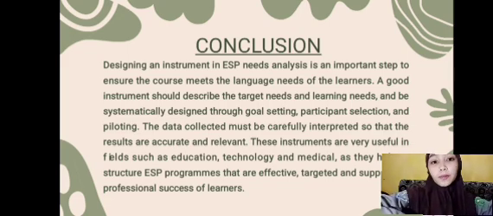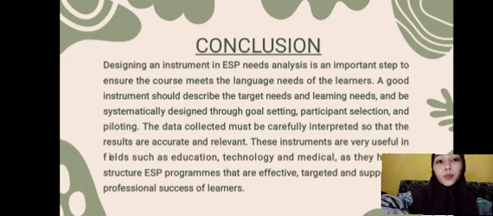The data collected must be carefully interpreted so that the results are accurate and relevant. These instruments are very useful in fields such as education, technology, and medical, as they help to structure ESP programs that are effective, targeted, and support the professional success of learners.